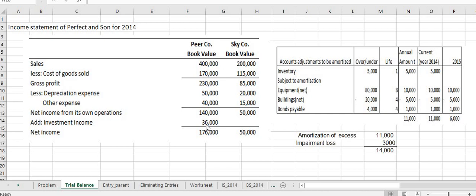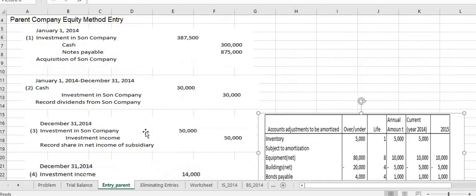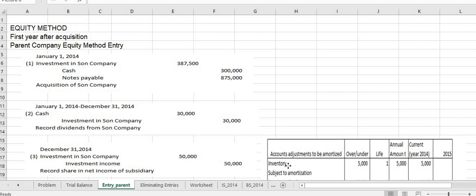Kasi sa equity method naman, 'di ba yung dividend is actually a return of investment. But in equity method, the parent will have a share in the adjusted net income of the subsidiary. Okay? That's why yung entry ni parent,